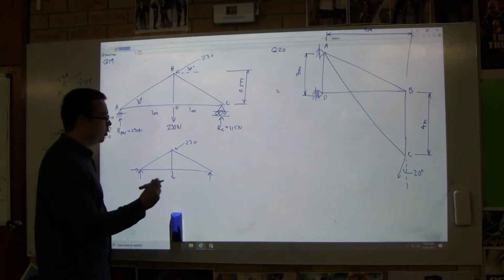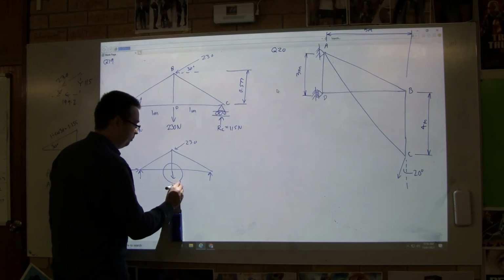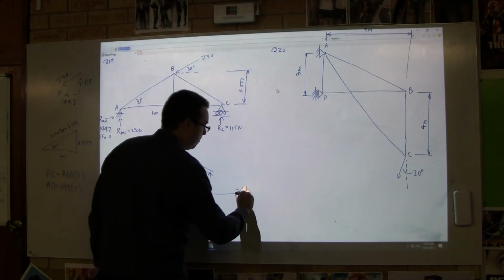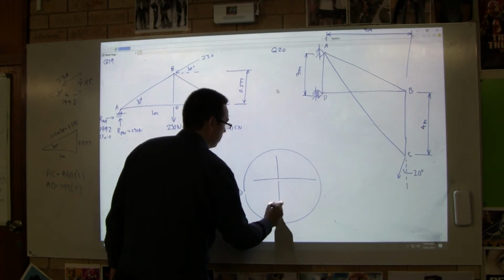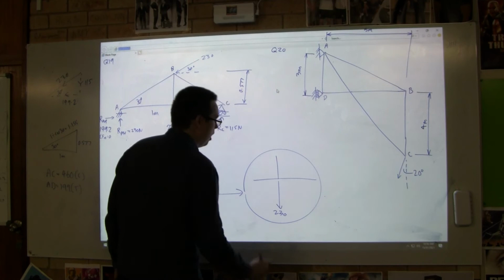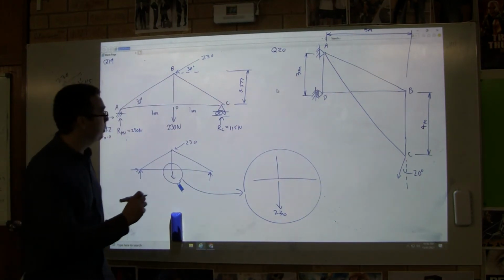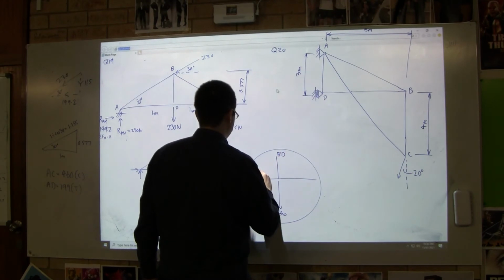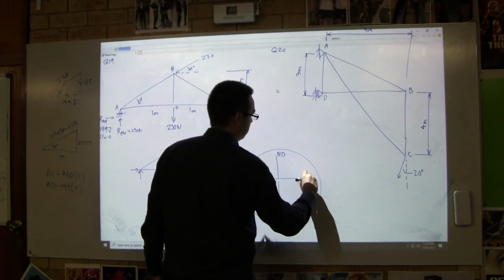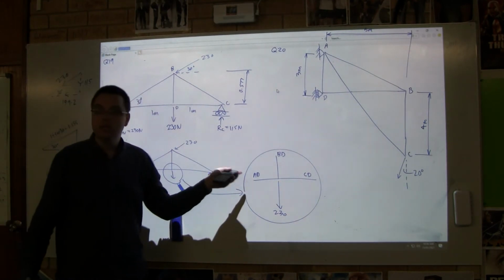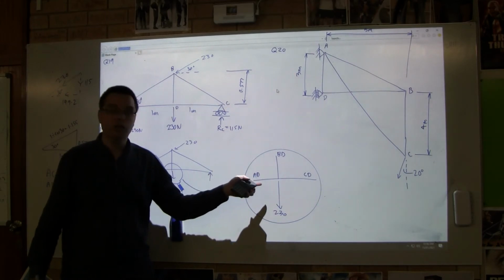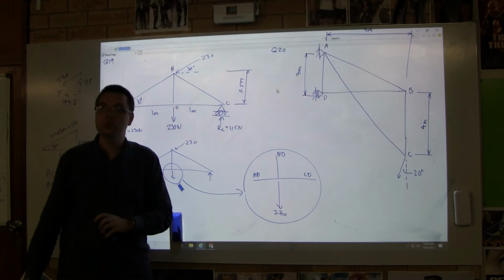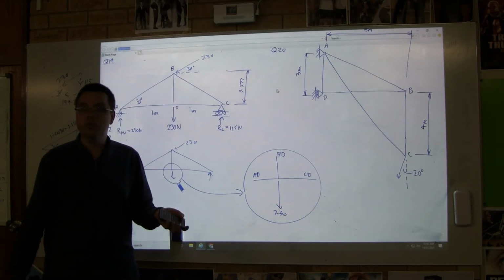Now, in that situation, let's get the magnifying glass out. Bring that over here. Okay, I've got some members here. Let's label them. I've got BD, I've got AD, and I've got CD. Can it take vertical force? AD, it's a horizontal line. Can't take vertical force. Can CD take vertical force? No. So if we use the sum of the forces vertically,